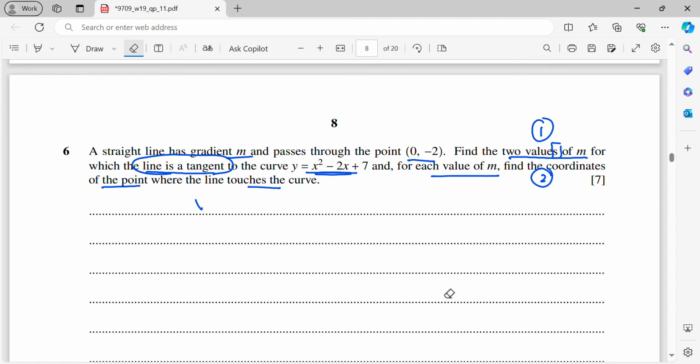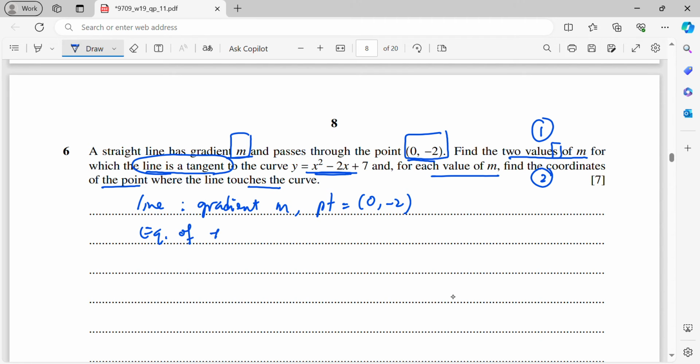Okay, I have to form the line first. Given the gradient m, the line passes through (0, -2). So the line has gradient m and passes through the point (0, -2). So the equation of the line